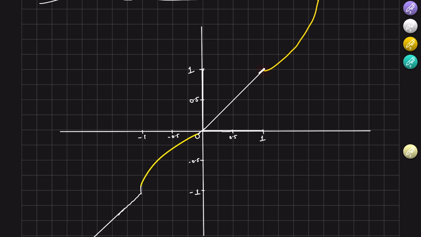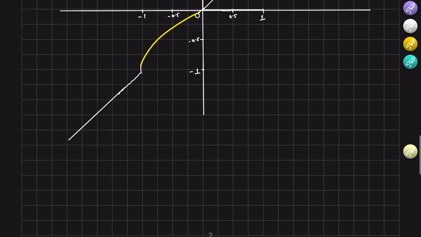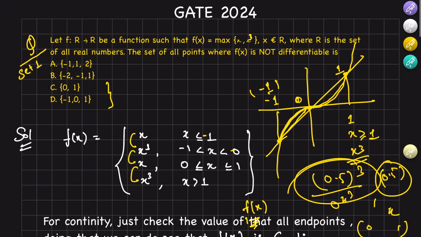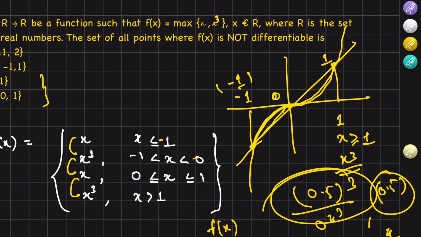If there is a spike in the graph, now in the exam you won't know whether it is a spike or not. It is just that we know how the graph must be intersecting. So if you know the graph like this of x, and like we have already drawn here, then you can see that the slopes at this point are not matching, so it must be a sharp point, and at any sharp point a function is not differentiable. But that is not required. You can also check at endpoints to be sure.